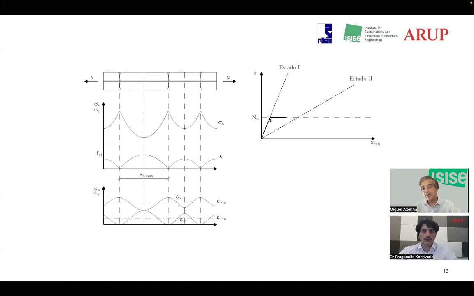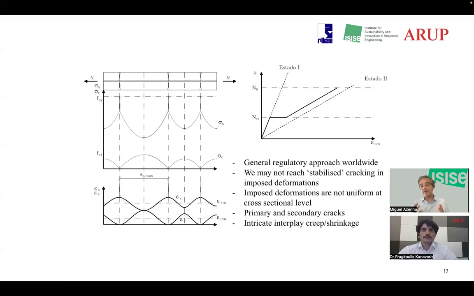It did happen. Now, this flat line would actually be a little bit sloped up. This is a symbolic representation. But now we see that there's nowhere in the specimen where we have a stress that is high enough to reach the tensile strength of concrete, even if we increase force in steel. And that's actually what's happening. As the axial force increases, now we perceive a behavior that most of us know, which is the tension stiffening effect.